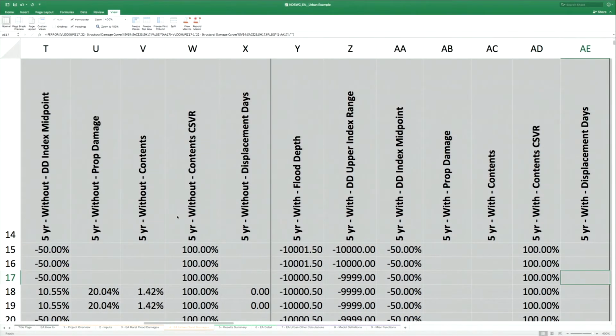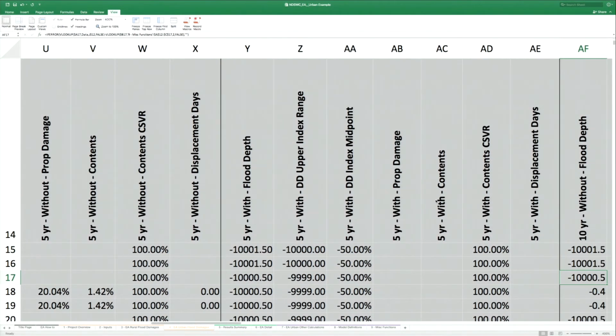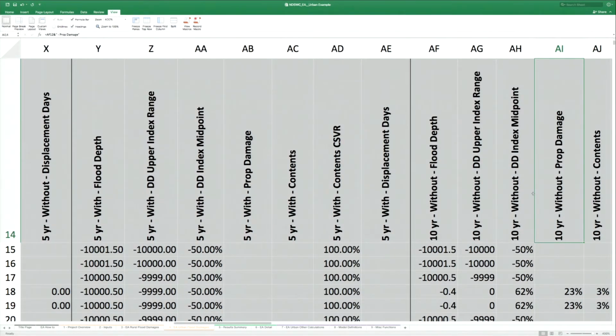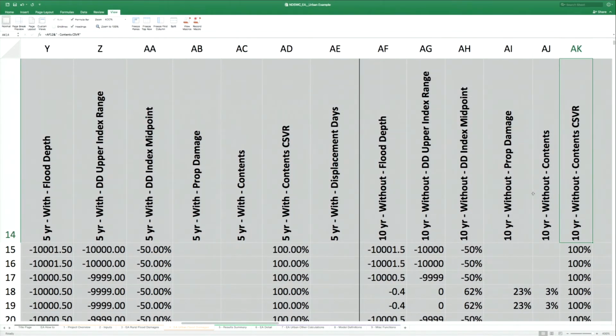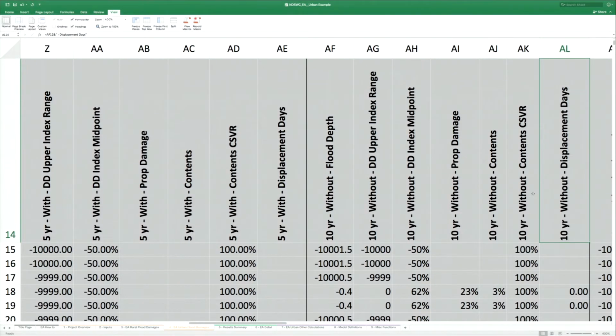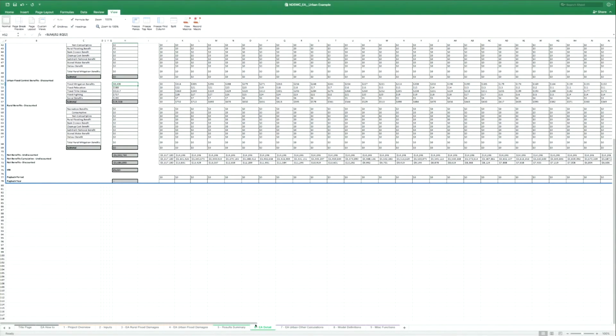It computes damages to the property, to the contents, and displacement costs, that is the amount of time that people would be displaced due to flooding, for each of these different return periods. And then all of that information goes through an average annual calculation, just like we did under the simplified urban setting. And then all of that information gets pulled over here